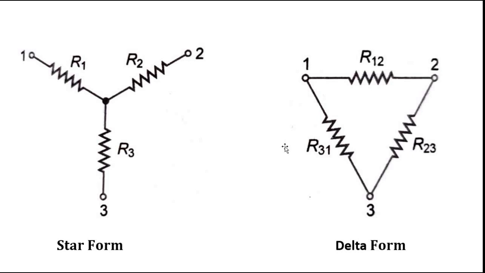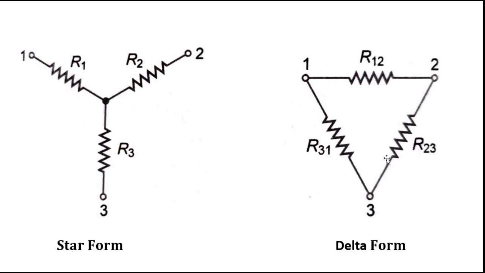So how can we convert the star form to delta or this delta form to star? There is a formula. There is also a derivation, but I'm not going into the derivation. I will simply give the formula. There are 3 points, 1, 2 and 3, and there is this center point in star form. And how can we convert this pattern into this form, where the values of the resistances are altered and they are connected between the same 3 points, so that the equivalent resistance stays the same, but only